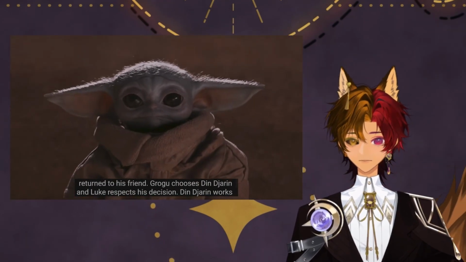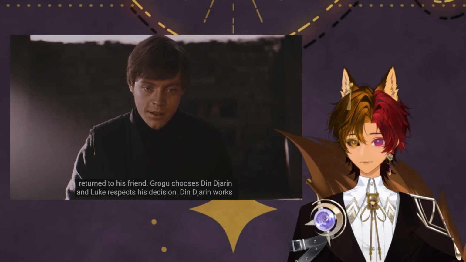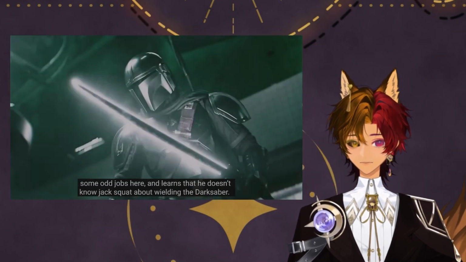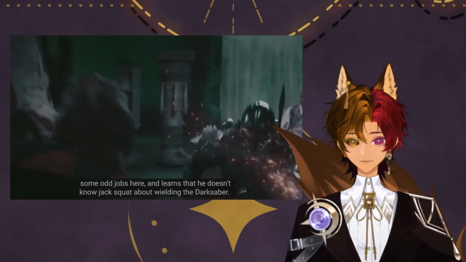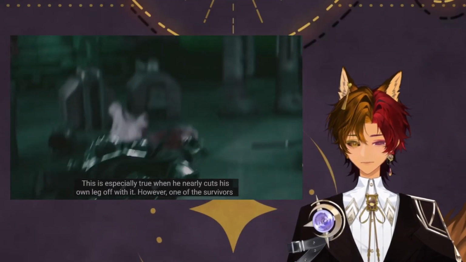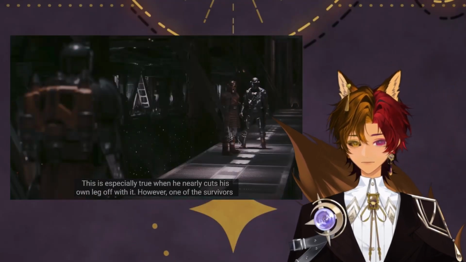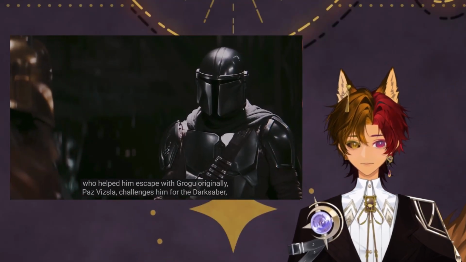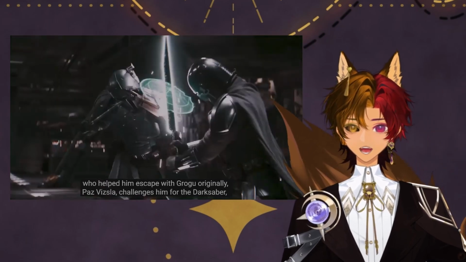Grogu chooses Din Djarin and Luke respects his decision. Djarin works some odd jobs here and there, but he learns that he doesn't know jack about wielding the Darksaber. This is especially true when he nearly cuts his own leg off with it. However, one of the survivors who helped him escape with Grogu originally, Paz Vizsla, challenges him for the Darksaber, but